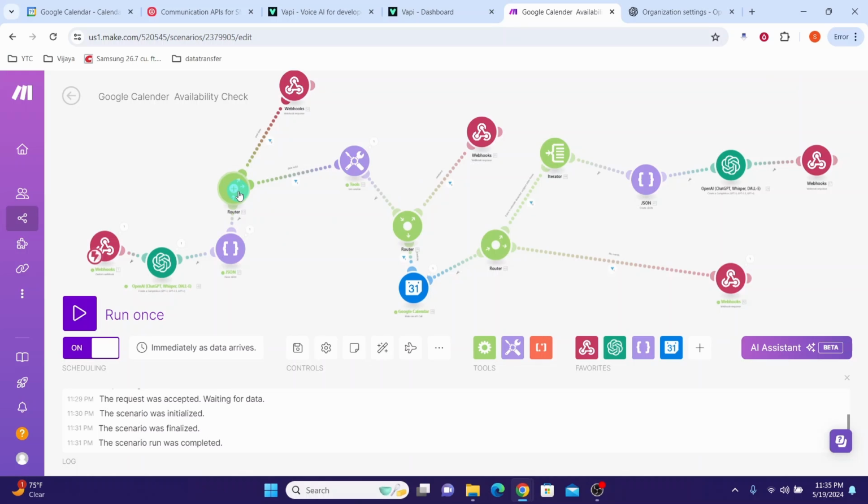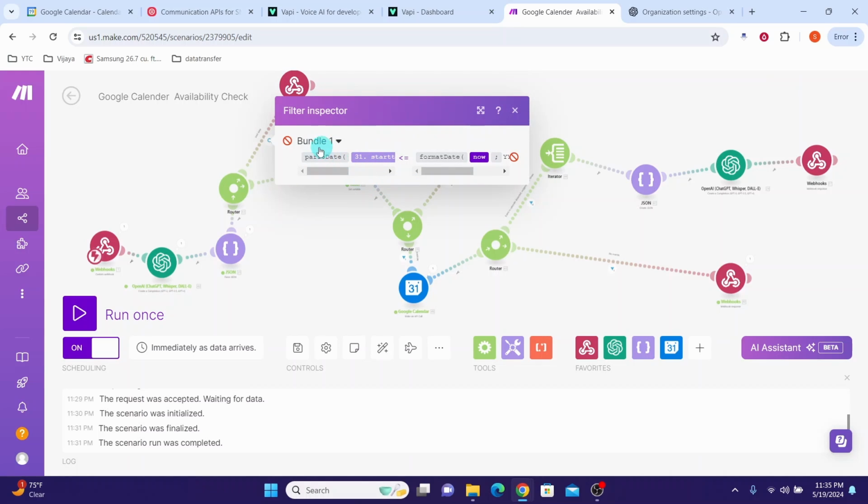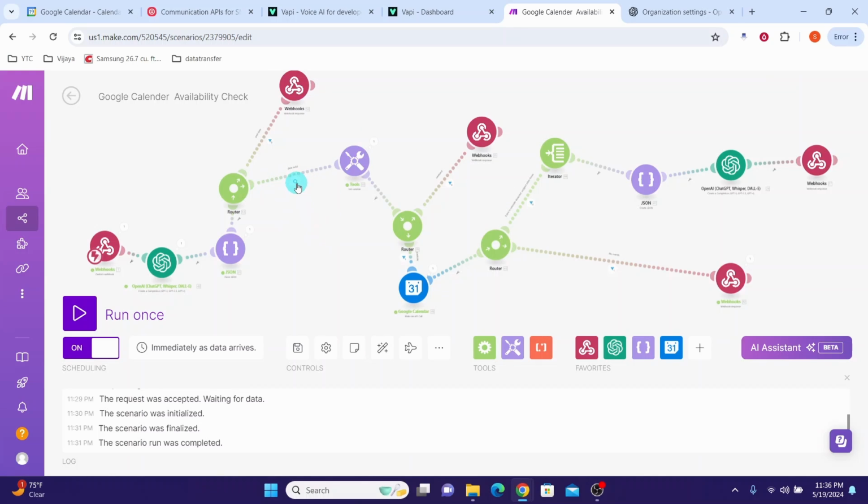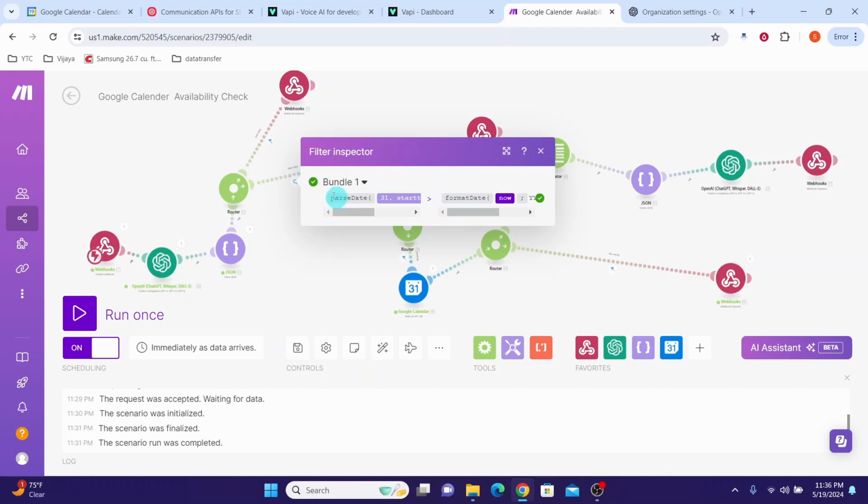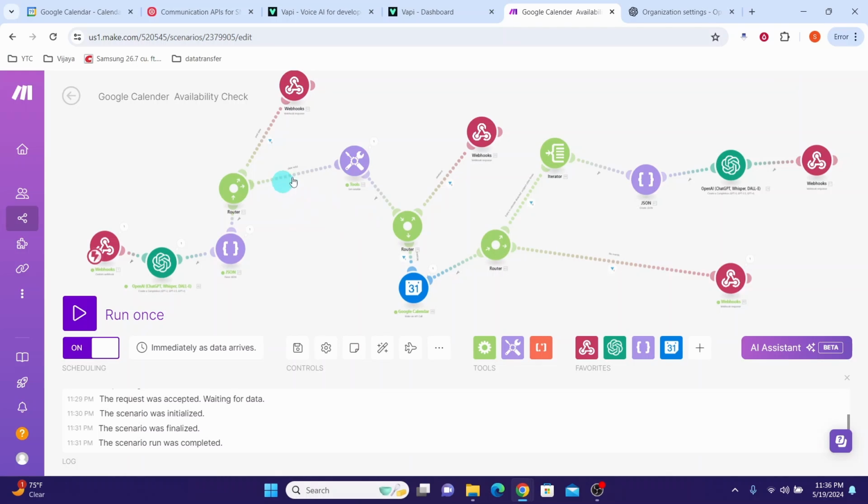Next, it passes to this router to check whether the date is in the past or it's a valid date. Here you can click on this icon. Here it is saying the date is not in the past. You can see a red circle here. It failed the validation test, which is correct because May 30 is in the future. Since it's the future date, we can see here this condition has been evaluated to true and the execution continues